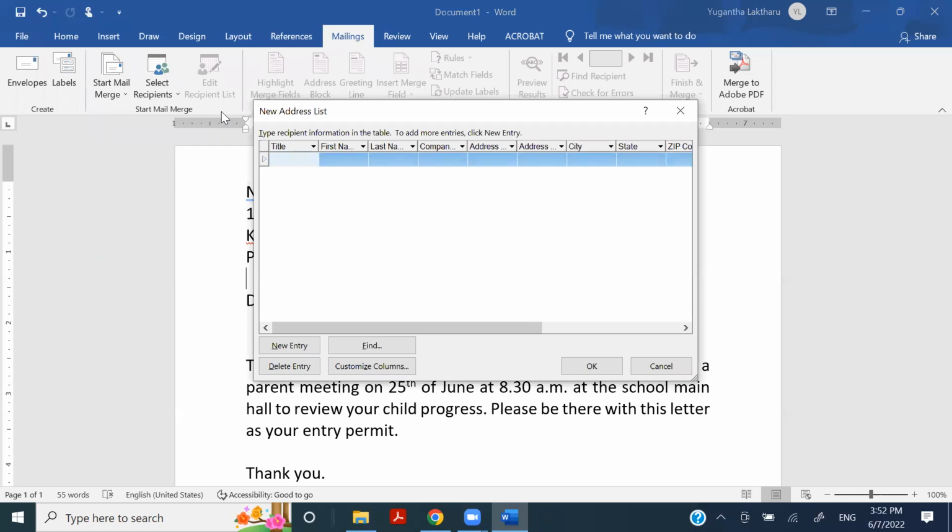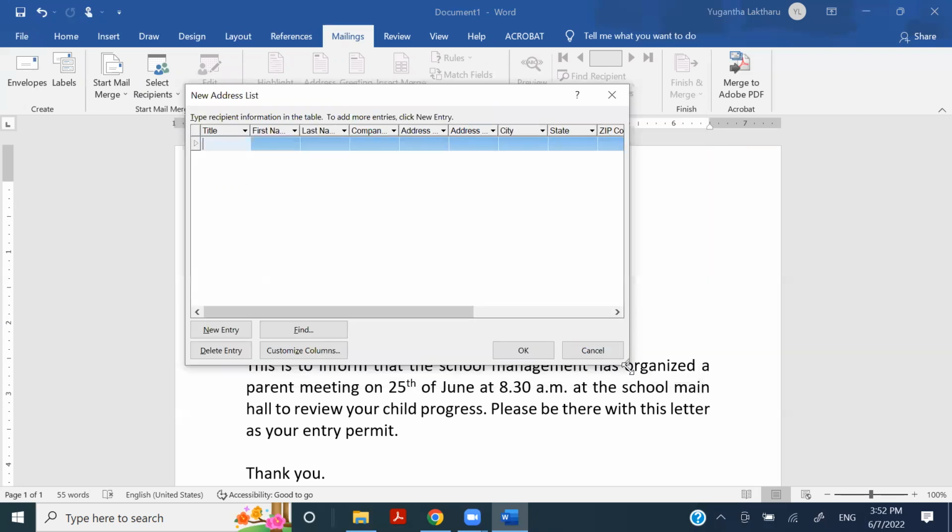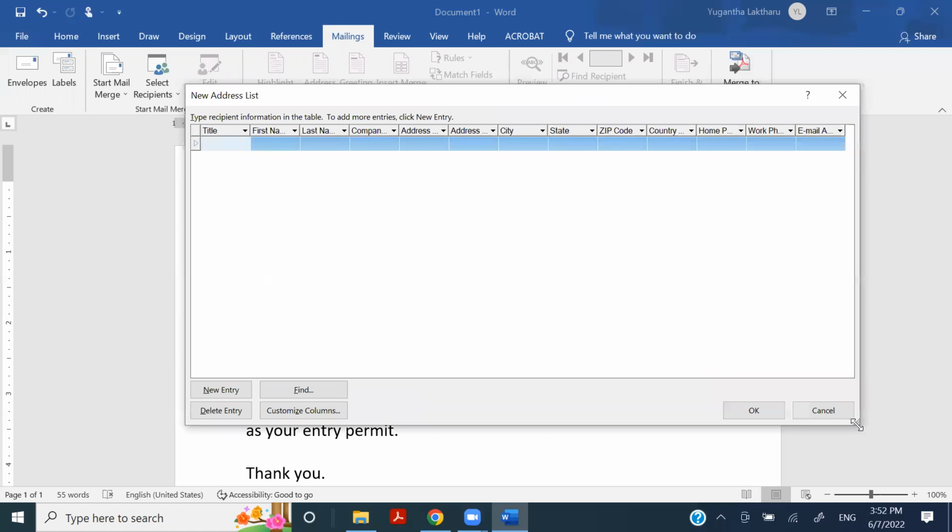So when I click on that type a new list, this kind of a window is given to me, right? If I expand this window a bit further, you can do it by getting the mouse pointer to this particular corner where it has small lines at the edge. This will show you a lengthy table which has different kinds of columns to store data